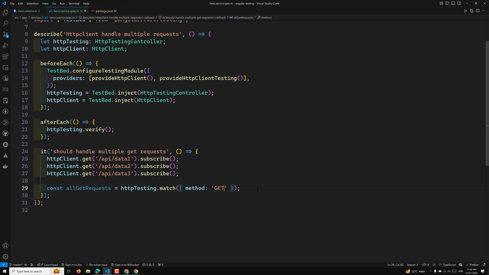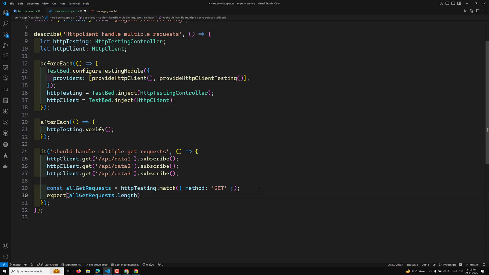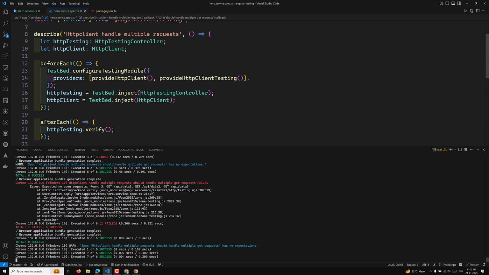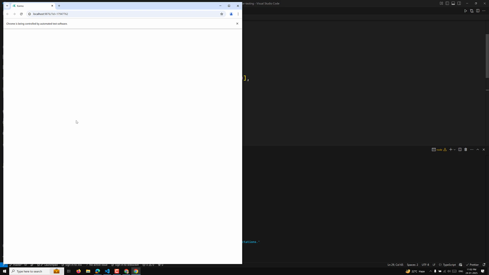Now I will try expect allGetRequests.length, and here you will be able to see the length to be 3. So it has made 3 requests, right? So we can check it like this. And also if you try to test it, here we are able to generate this one, and here if you try to test this one,